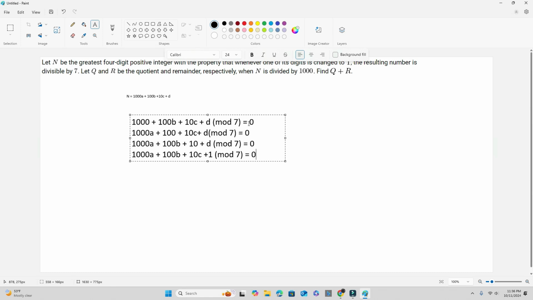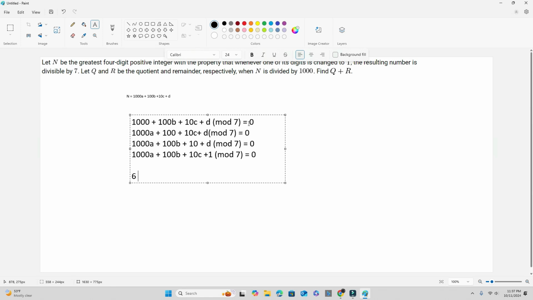Then next, we can divide by 7 to get them into the lowest terms here. When you have 1000 divided by 7, what is going to be the remainder? Because that's how you simplify using mod. So let's write them out for these equations respectively. 1000 mod 7 is going to be equal to 6. You can compute that; I kind of remember it. And for 100, it's pretty easy. That'd be